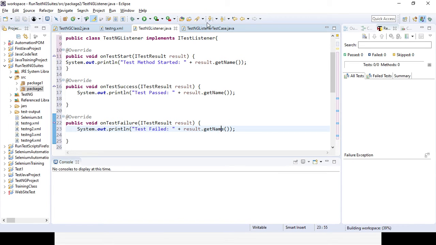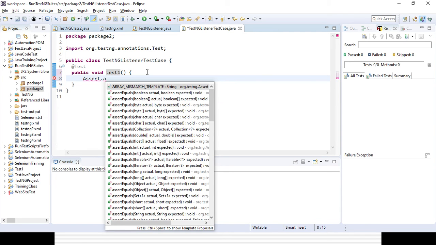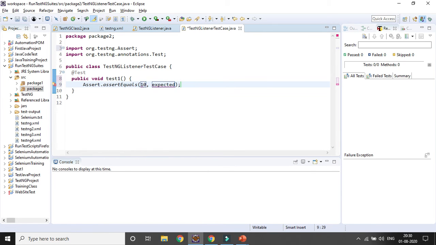Now here I will not use the listener class right now. Suppose I want to create a method without implementing the listener we have created, test1. Here I want to use Assert.assertEquals, and I give 10 and 10.